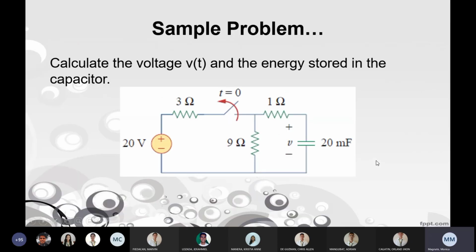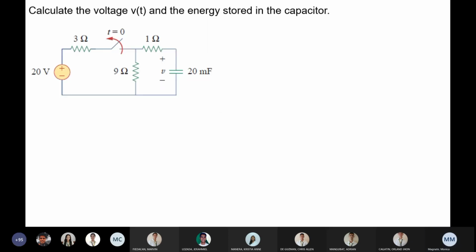So next, calculate the voltage V of t and the energy stored in the capacitor. So, huwag natin siya dito. Hinahanap natin yung voltage V of t and the energy in the capacitor. So initially, at t equals 0, naka-on ito, ay naka-papunta dito. So, open yung switch natin. But before that, i-consider muna natin yung at t less than 0, or kapag hindi pa naka-on yung switch